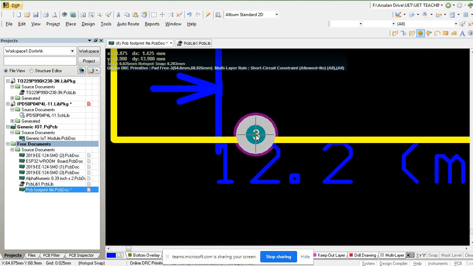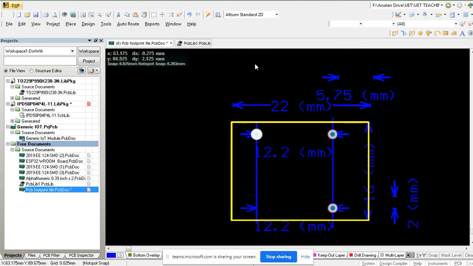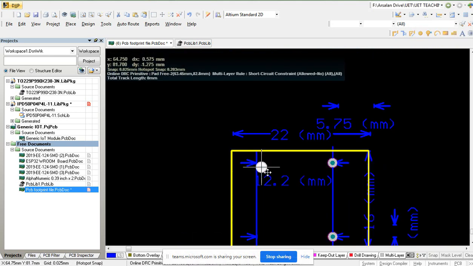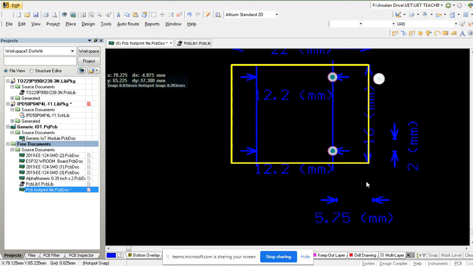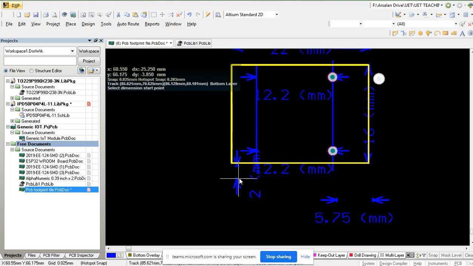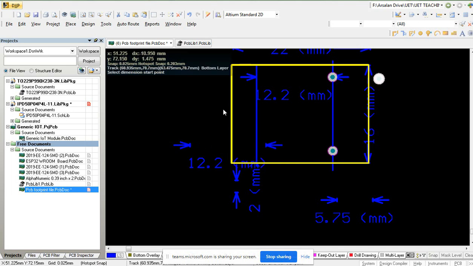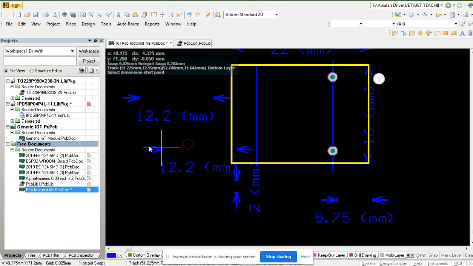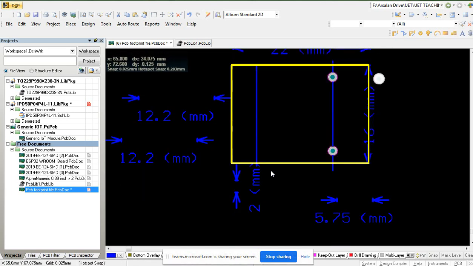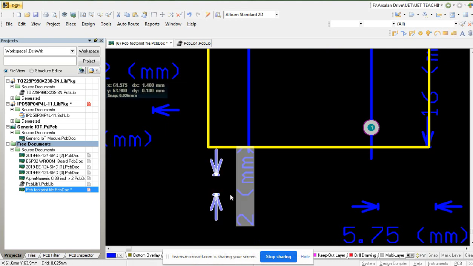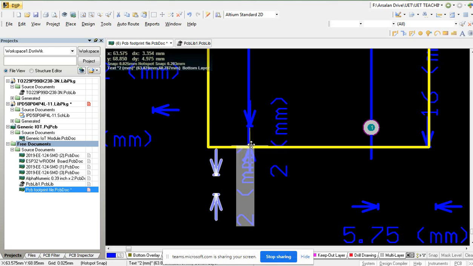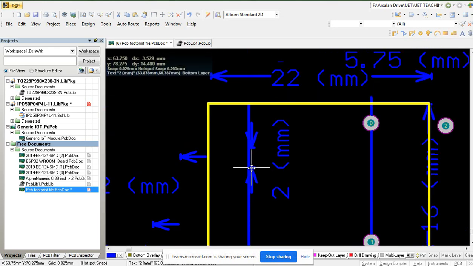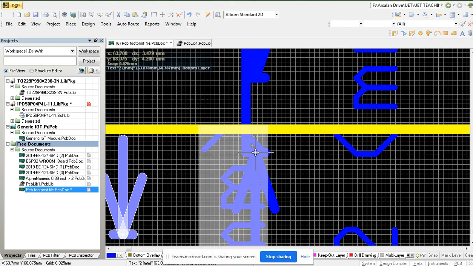Okay, one thing, sorry, I missed one thing. I have to place the 2 mm line also. This is very important, so please don't miss that 2 mm line. This is 12.2 mm. We don't need it. I'm just going to drag it there now. So the 2 mm line, I will just cut it or copy it. This is totally up to you, and since I require this one, so I will again,